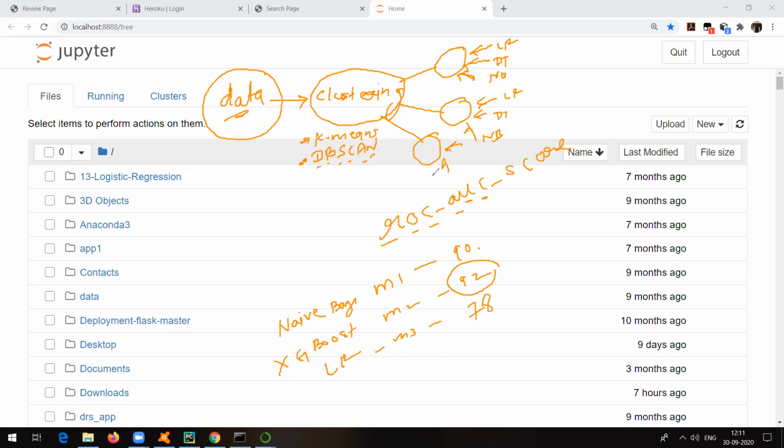And similarly here also. For this one, suppose decision tree has given me the best accuracy, so it is going to be model 1. For this one, suppose Naive-Bayes has given me the best accuracy, and for the third one also Naive-Bayes has given me the best accuracy. So these 3 models we are going to give to the client. This is the higher level view of what we do in project development.